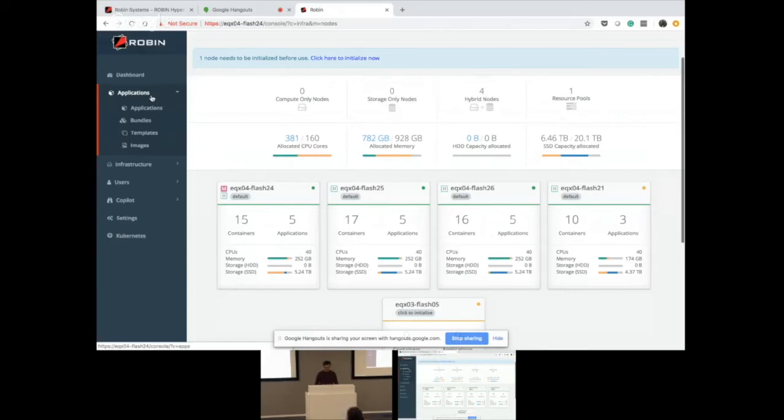Or if given bare metal boxes or just EC2 instances, we will install Kubernetes and start working on that. So even installing Kubernetes, you don't have to worry about. We have an installer which will run for 15-20 minutes, which will install Kubernetes along with the Robin stack. And we do not modify Kubernetes. We just take vanilla Kubernetes and add Robin software as daemon sets or stateful sets, whatever is needed.